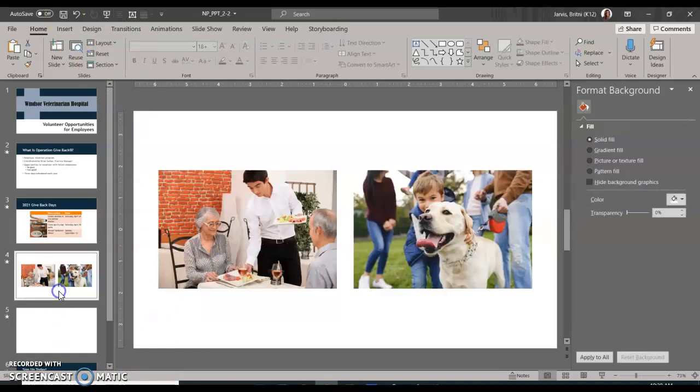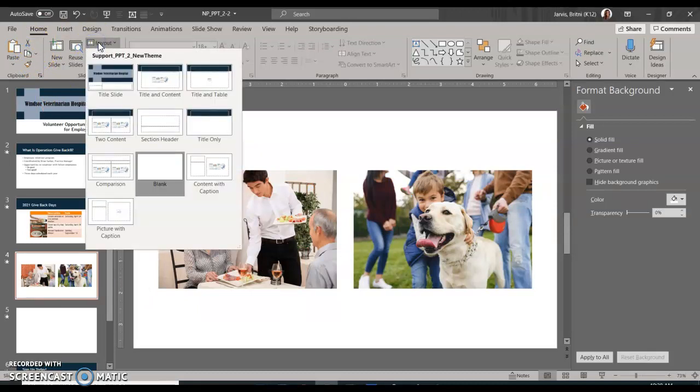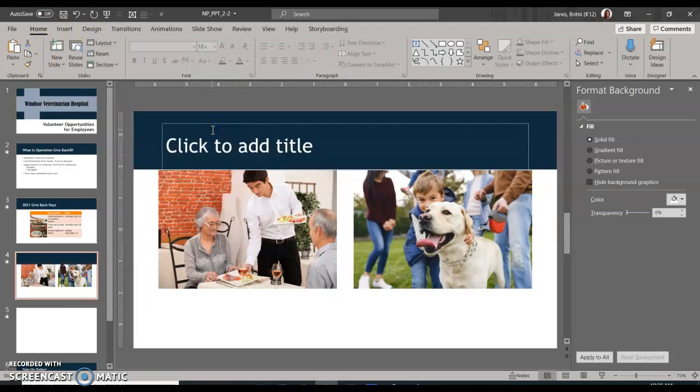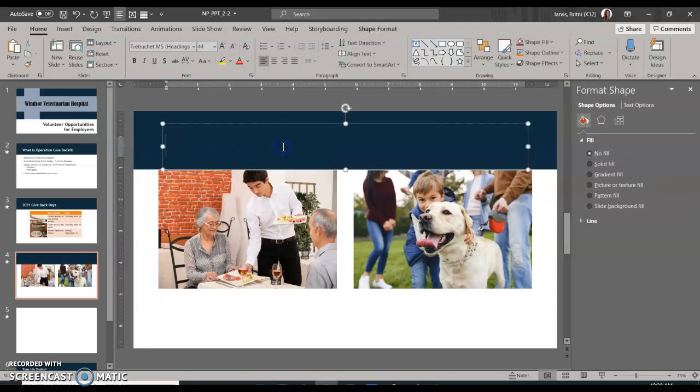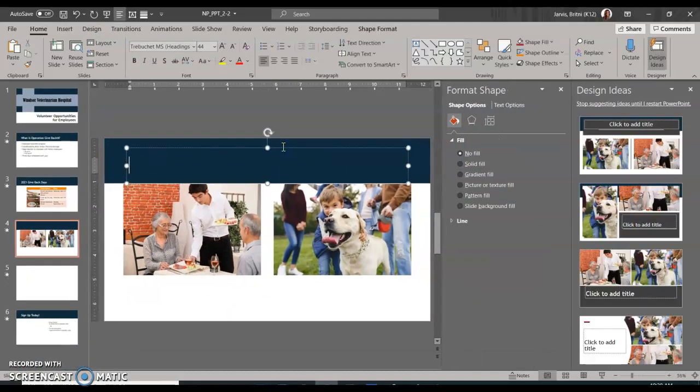Now we're going to go to slide 4, and we are going to edit this slide a little bit. We're going to change the layout first. The layout is just going to be a title only, and it's going to add a title to this slide. And we want to make the title